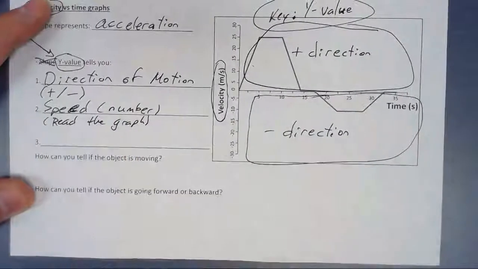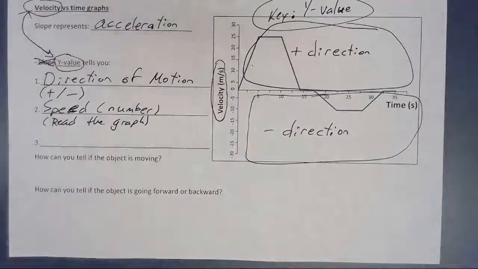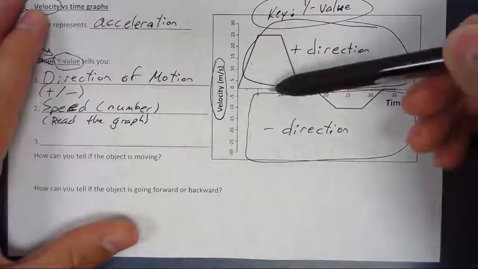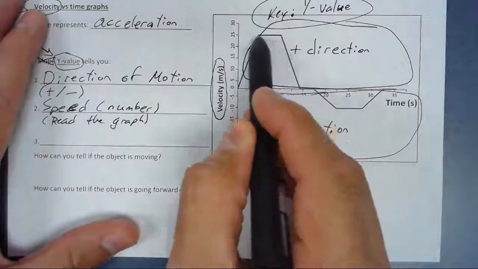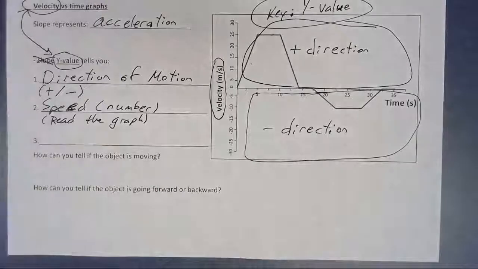And that's easy. So if we look at this graph, and I want you to get used to this, you will be given graphs like this. And the question could say, at 7.5 seconds, what is the velocity of this object? And all you have to do is read the graph to find that out. I'm going to find 7.5 seconds, which is right here. Look up to where the graph is. What is the y value? It's all about y value. What is the y value here? It's 25. The velocity is positive 25 meters per second